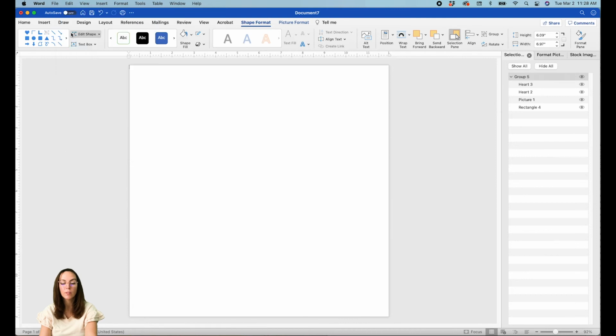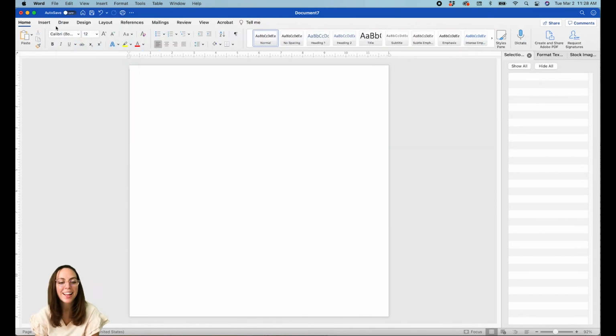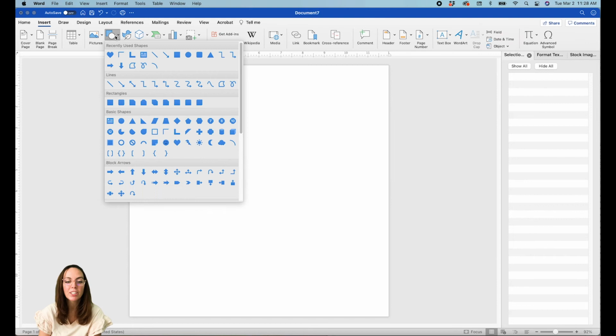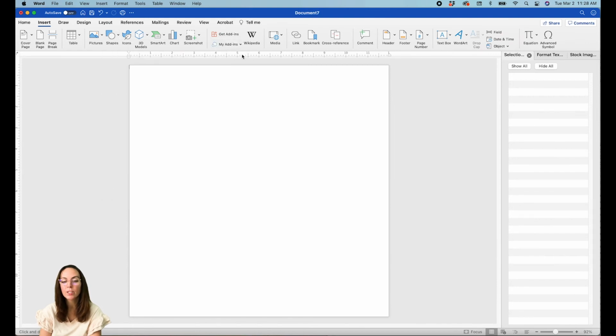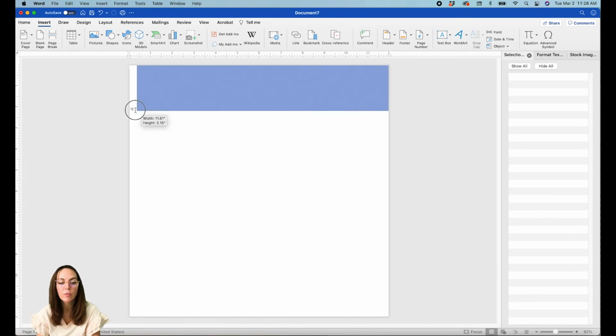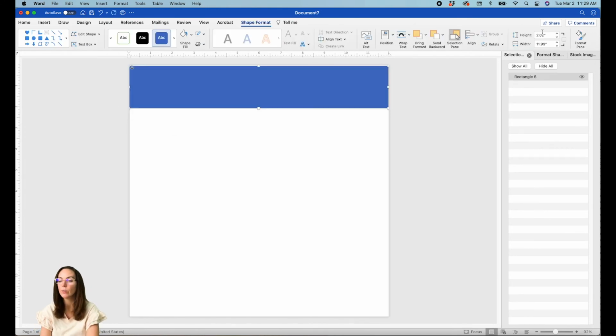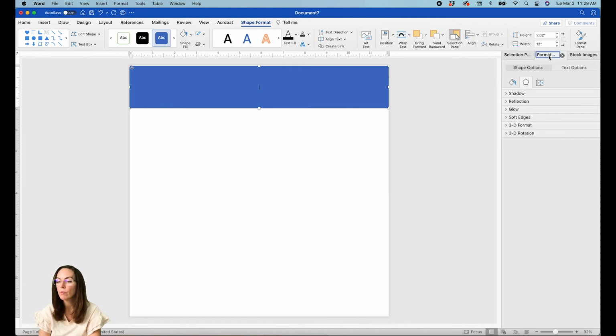So learn the shortcuts, cut. So that's safely tucked away on our clipboard, and let's insert another rectangle. And we're not going to do the full thing this time. Let's just go 12 across because I know we're going to use our little pattern trick, but let's ensure that it's 12 and let's ensure that it's centered. And let's go to format, our paint bucket,